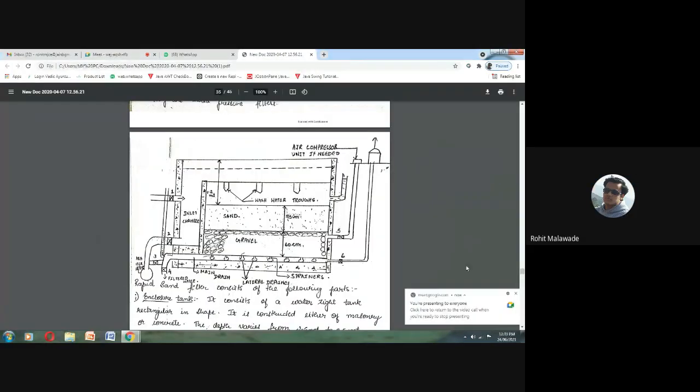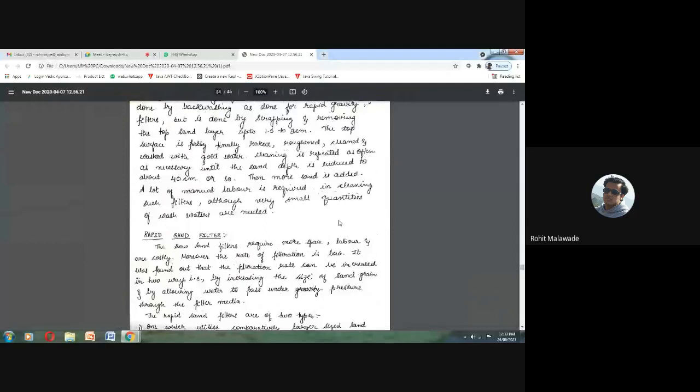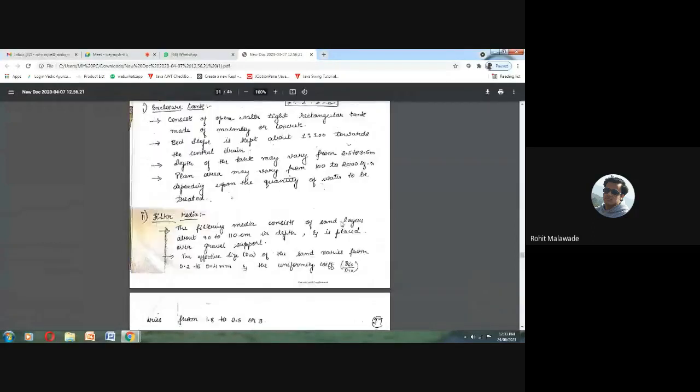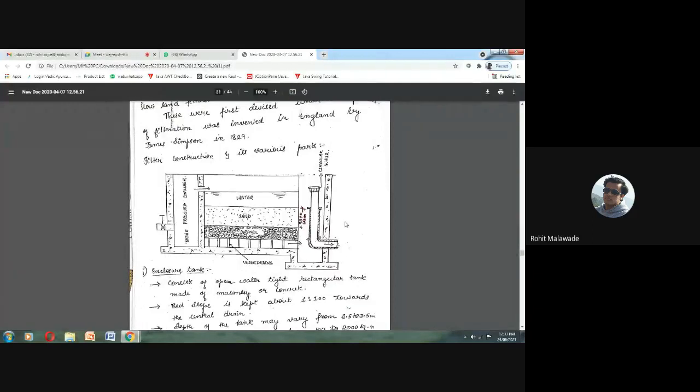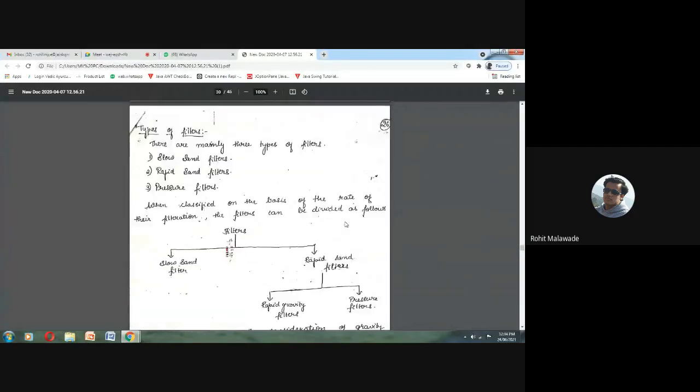Okay, in the previous classes, we were discussing the slow sand filter. Can anybody tell me what a filter is and what the purpose of a filter is? Removing small particles. Okay, small suspended particles, you can say, not dust particles. Okay, what are the materials that can be used?